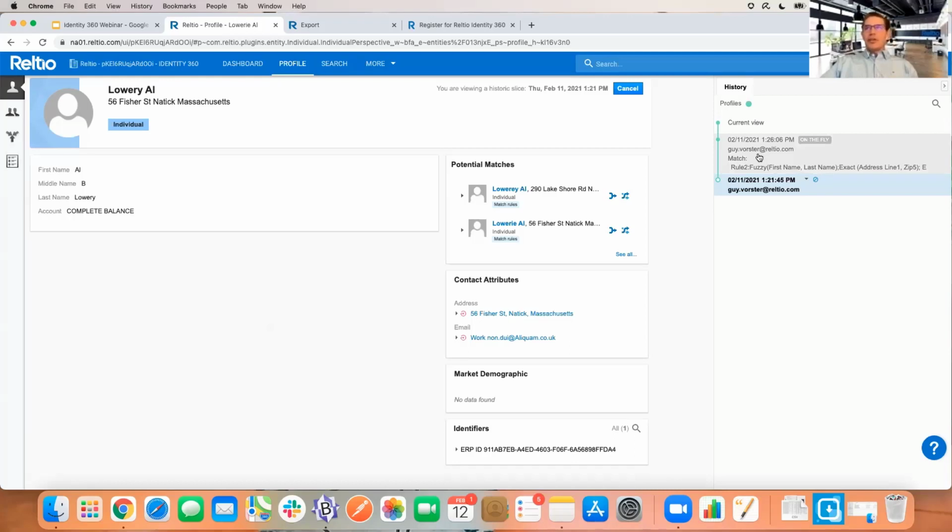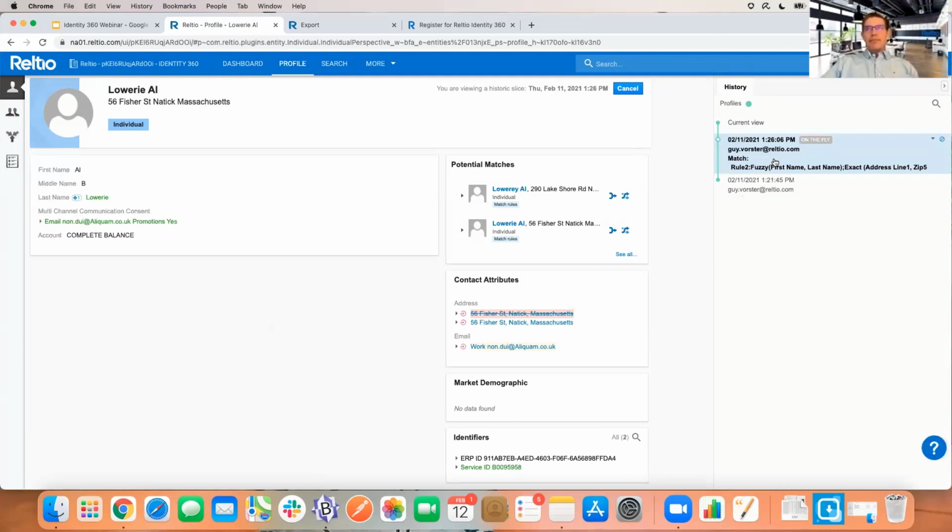Then an action occurred on the data. If you look up one step, you'll see this concept called on the fly. That just means that there was a rule embedded in the platform that automatically detected something that was the same. And that rule resulted in this new record that we just added being automatically merged into an existing